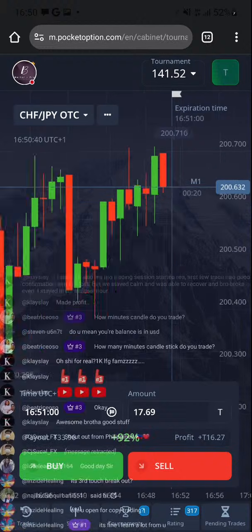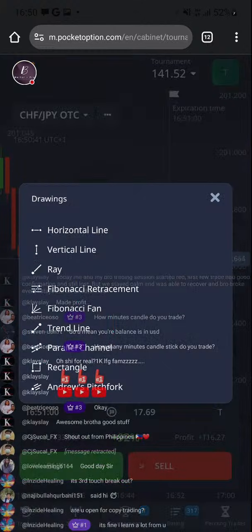We have a red green pattern here. Now guys, if you see a red green pattern like this,